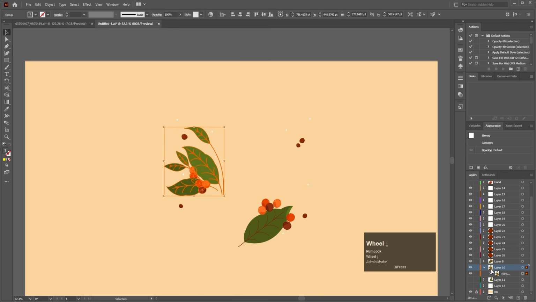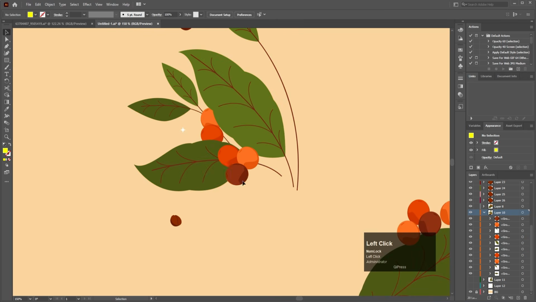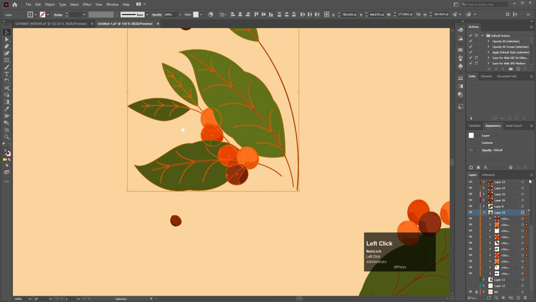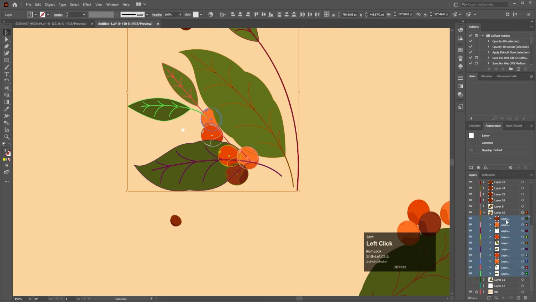Go inside this. Go inside this group path. And over here, one thing we need to do is that I want this one, right click and choose ungroup, and this one should be parented with this one. So what I'm going to do, let's click on this click target, go over here, release to layers sequence, again select all of this by holding shift and try to bring this at the top, and let's delete this extra